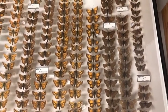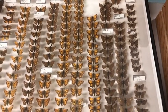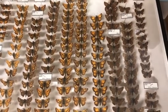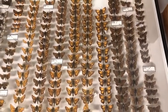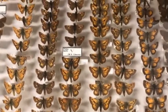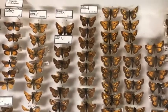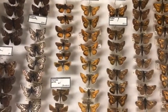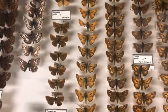There is a type of skipper butterfly. I can't remember the name of it. We have its cousin, but it only exists within a certain pocket in the corner of Manitoba and into Minnesota. They've been able to successfully breed and reintroduce this butterfly in Minnesota to breed it into larger numbers. So it is making a very slow comeback. I did just recently see that the Winnipeg Zoo is also breeding skippers and releasing them, trying to repopulate a